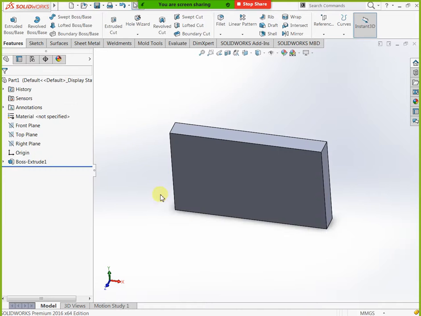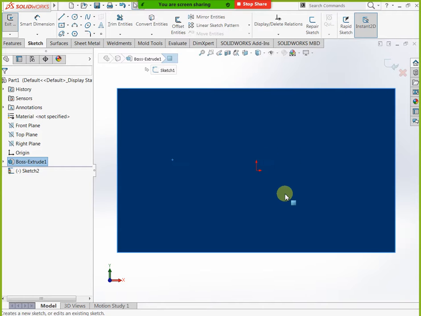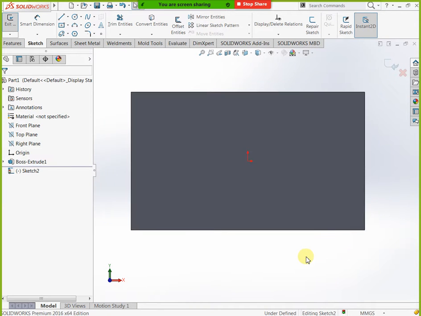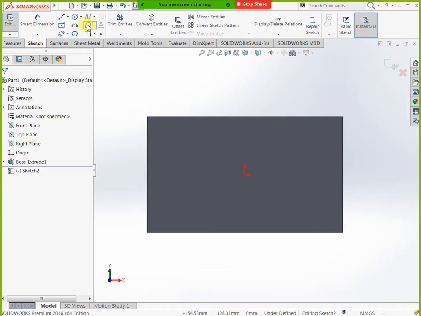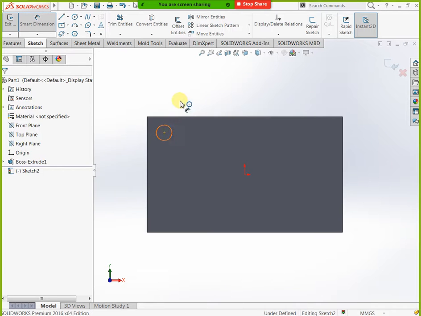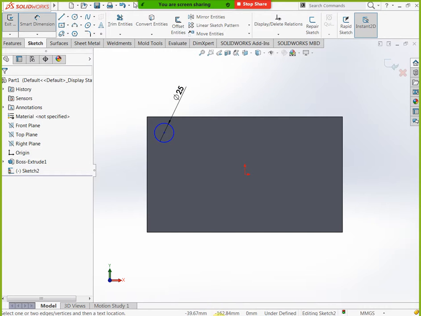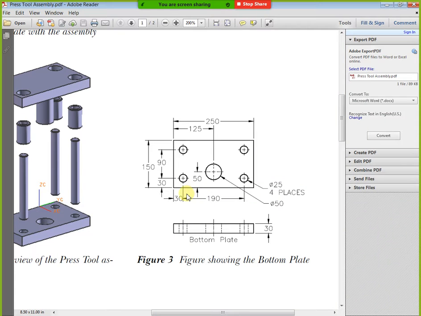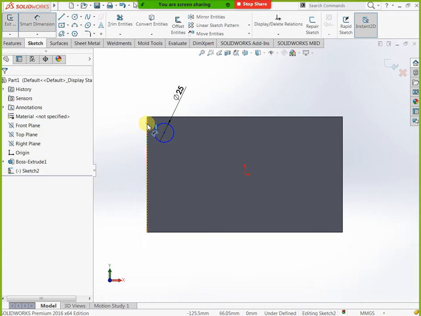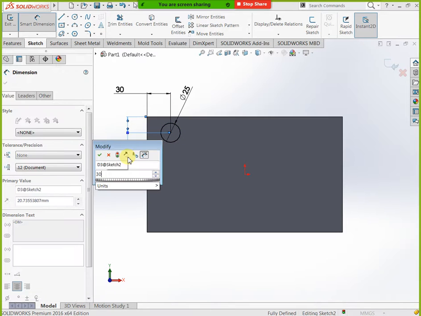Now you can select this one, go to sketch, control 8. Now in this model I need to mention one hole. That hole dimension we already know, 25 diameter. Now you can mention 25 diameter. At the same time you can check our positioning, 30 by 30, x offset 30 and y offset 30. Take here to here 30 distance, and here to here 30 distance. Then you can do finish.